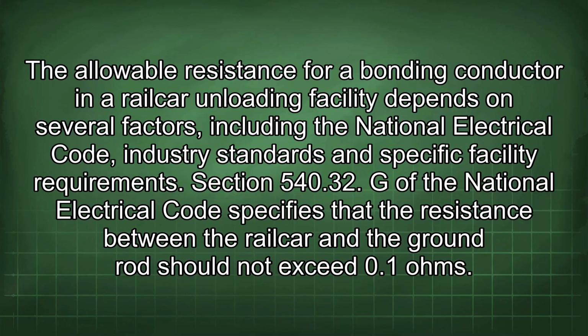The allowable resistance for a bonding conductor in a railcar unloading facility depends on several factors, including the National Electrical Code, industry standards, and specific facility requirements. Section 540.32(G) of the National Electrical Code specifies that the resistance between the railcar and the ground rod should not